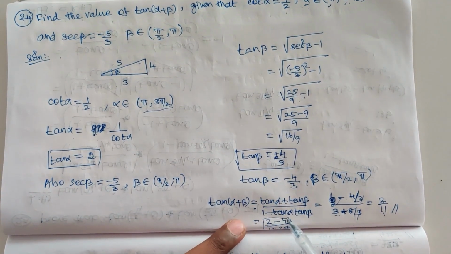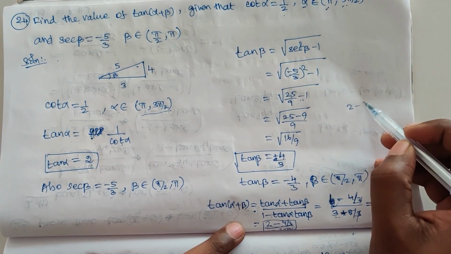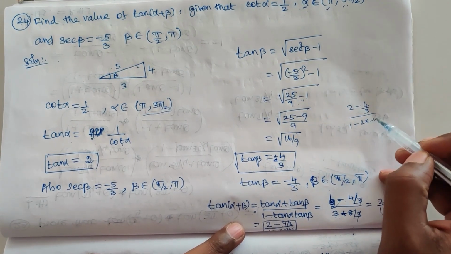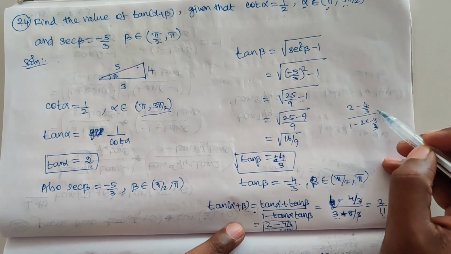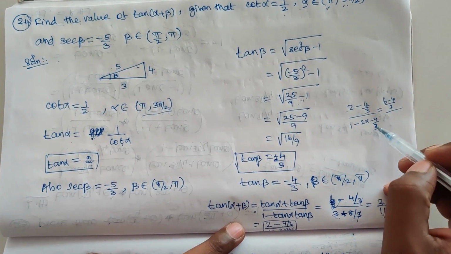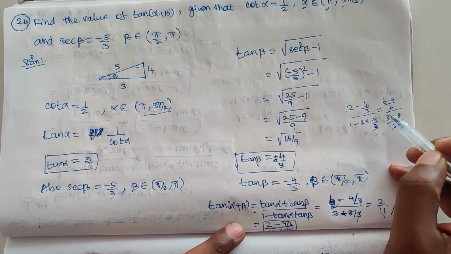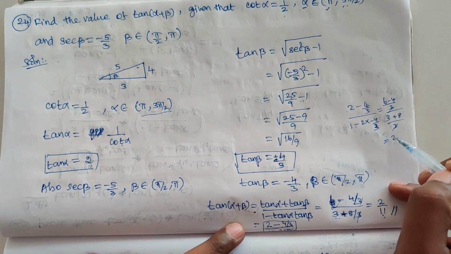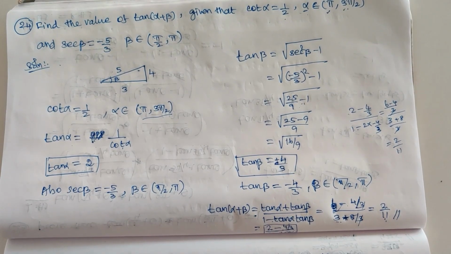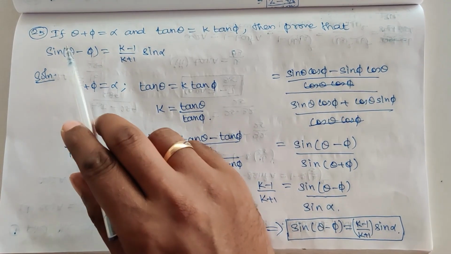So I will explain this answer once again here, please pay attention. So tan alpha value 2 minus tan beta value minus 4 by 3, by 1 minus tan alpha value 2 into minus 4 by 3. So when we cross multiply, that is equal to 6 minus 4, the whole divided by 3, minus, divided by 3 ones are 3, minus and minus what, plus 2 fours are 8, the whole divided by 3. So 3 gets cancelled. So 6 minus 4 is equal to 2. 3 plus 8 is equal to what? 11. So the answer is what? 2 by 11. Clear? Now we are going to see question number 25.